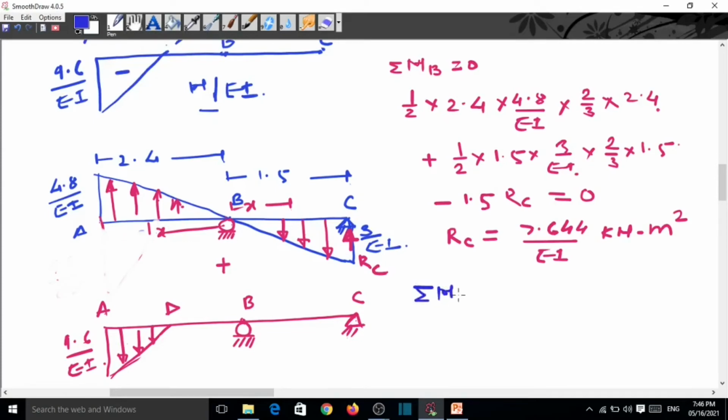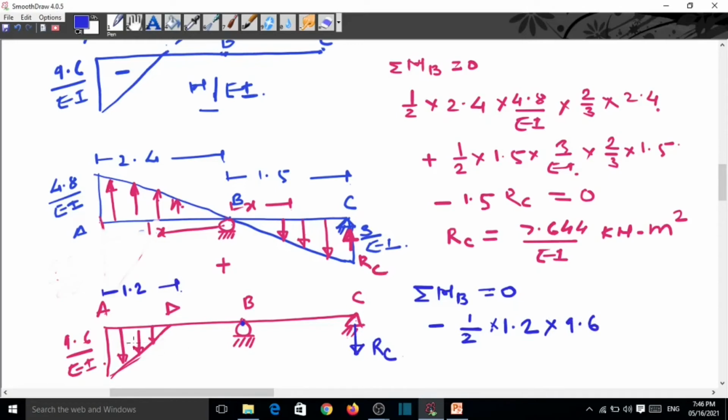Sigma MB is equal to 0 at here. Now this is anti-clockwise, so we can say that this may be the clockwise, so we are assuming this direction is downward, this RC. So this is anti-clockwise minus the 1/2 base is 1.2, this distance is 1.2 into the height